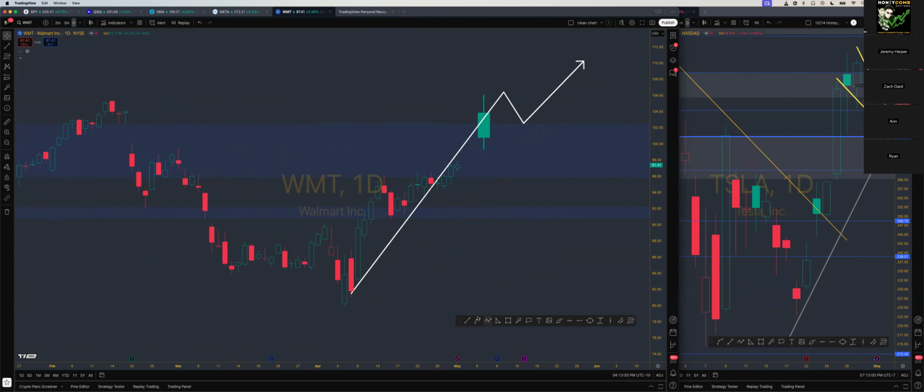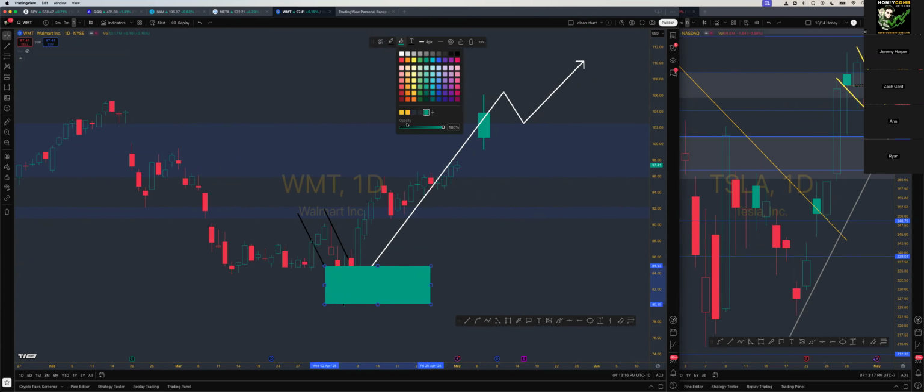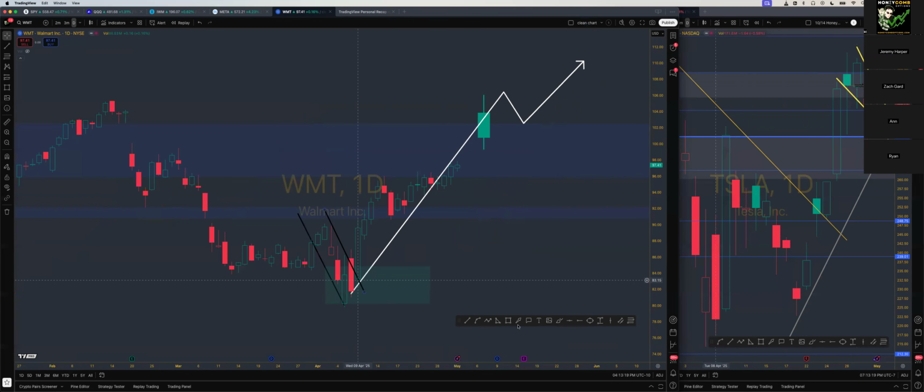So let's say I were playing this here. Let's say I'm like, hey, I'm seeing that setup on Walmart, the down then up move. This is that loading zone that I'm talking about. When am I in? What's my plan? That's when I'm in, right there. And my stop loss would probably be the 50% here. That's the last time we came up, because if we lose this spot, we're down.